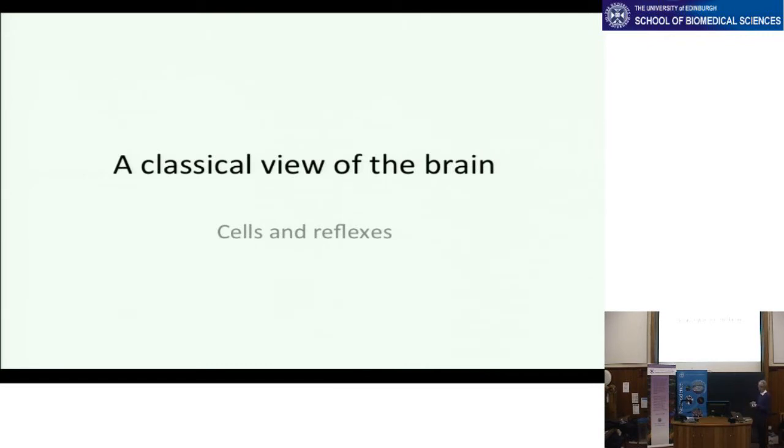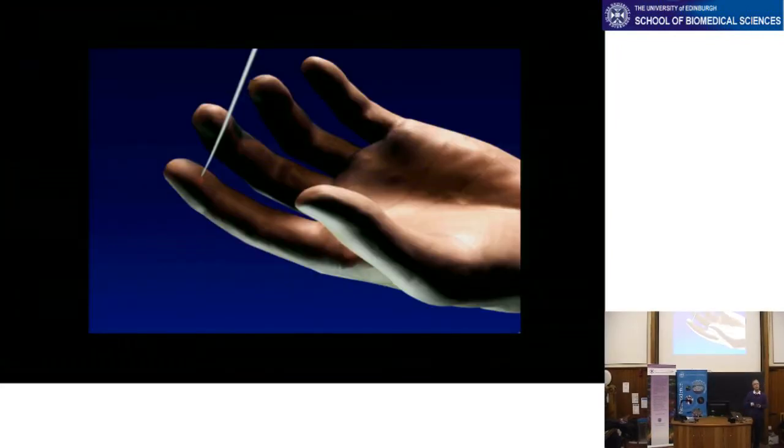The classical view of the brain that I will now present to you is the sort of view that arose in the late 19th century and earlier 20th century, and it essentially revolved around the idea that the brain is made up of many different cells and there are electrical reflexes in the nerve cells of the nervous system. And this just gives you some idea about how sensation from the external environment, in this case a sharp pinprick